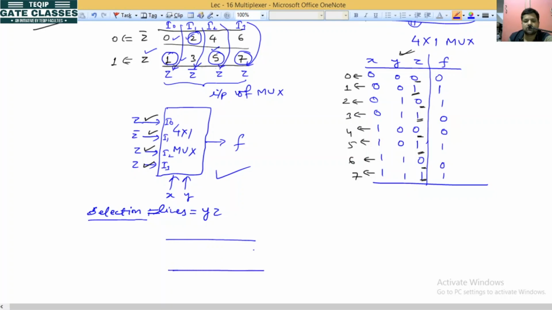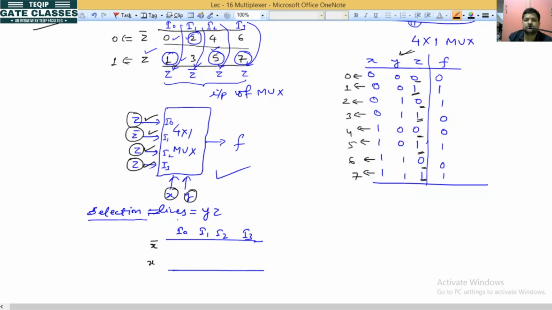We have 4 inputs, I0, I1, I2, I3. If you make the selection line yz, then what does it mean? It means that x will be on the data inputs, right? Just as here we had taken x and y as selection lines, so z was on the data inputs. Similarly, if you go for yz as the selection line, then your x will be on the data lines. Okay, so now we will find out the value of the data inputs of the 4x1 mux